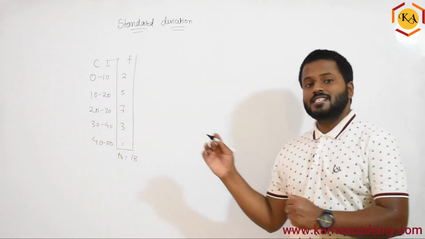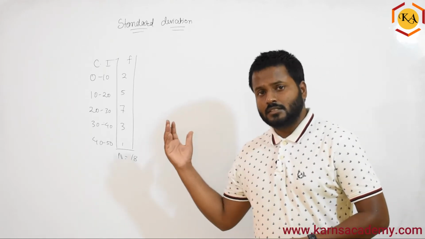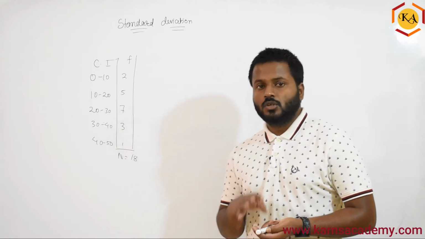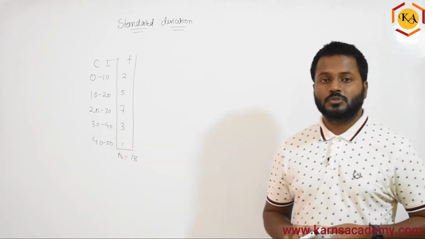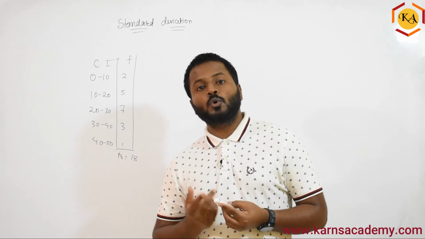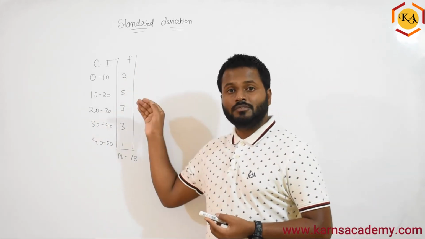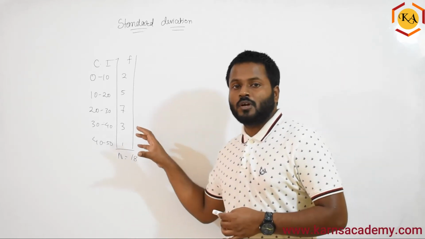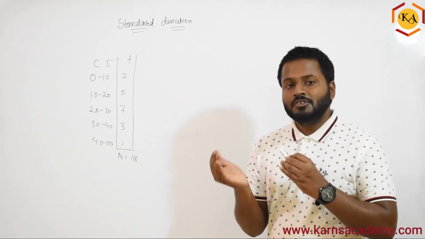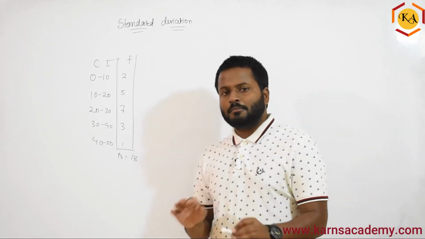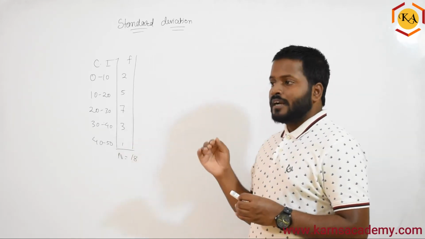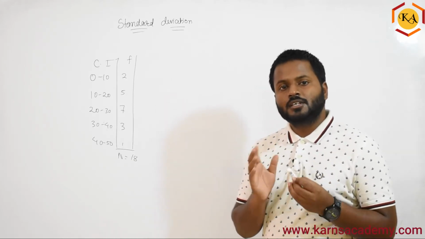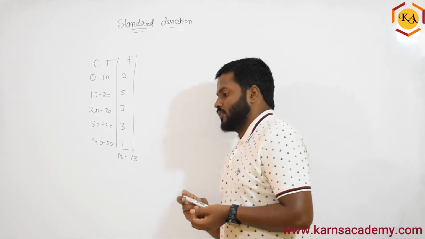Now, this type of class interval is the exclusive class interval, so directly you can do it. In place of exclusive, you can have inclusive class interval, which you know very well how to convert from inclusive to exclusive. You might also have open-end classes, where instead of frequency, they would have given you the cumulative frequency, which you have to convert. So please be careful while solving the problem, because the conversion remains the same for all the methods. If you're finding mean, the formula will be different. If you're finding the standard deviation, the formula will be different, but the conversion method is the same for everything, right?